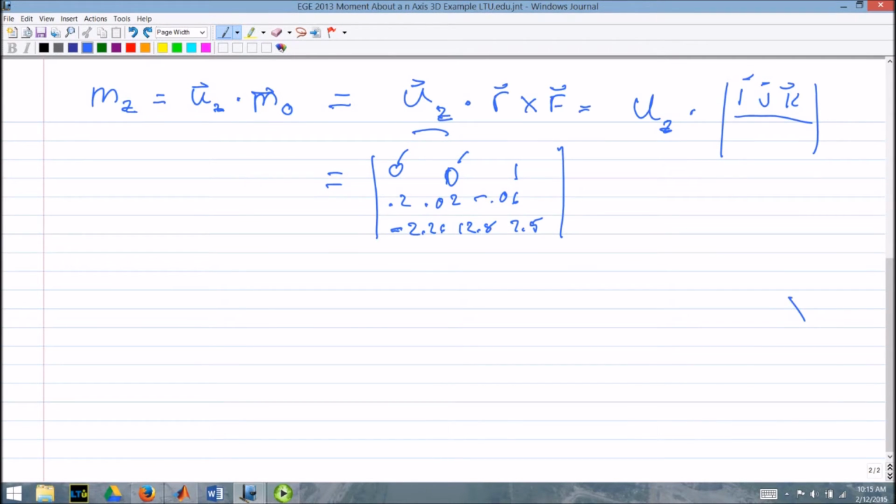So it's just the last piece, that value times the determinant of this 2 by 2. I have this equal to 1 times 0.2 times 12.8